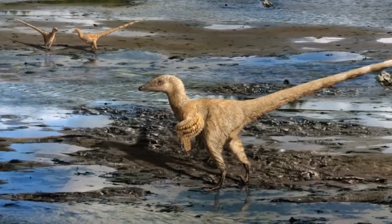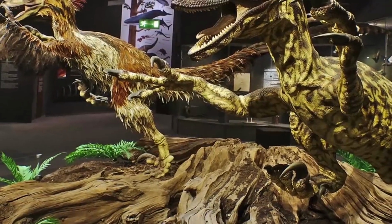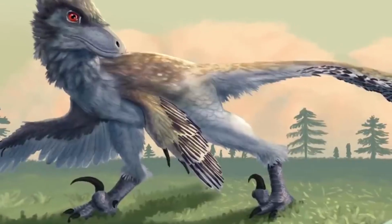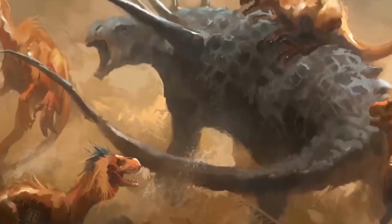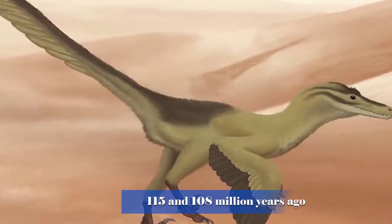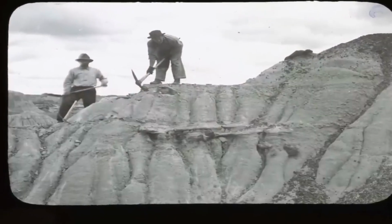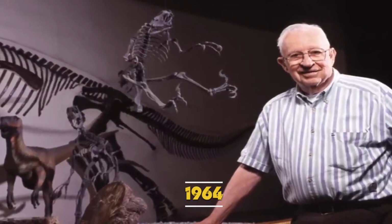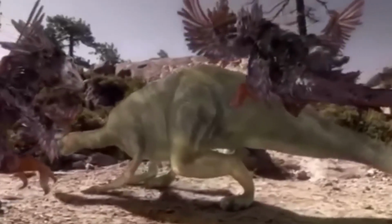This incredible creature was a true predator, with razor-sharp claws and teeth that allowed it to take down even the largest of prey. Deinonychus is a genus of carnivorous theropod dinosaurs that lived in the early Cretaceous Epoch, between 115 and 108 million years ago. Paleontologist John Ostrom found this dangerous predator in Montana in 1964, and it immediately became renowned for its distinctive traits